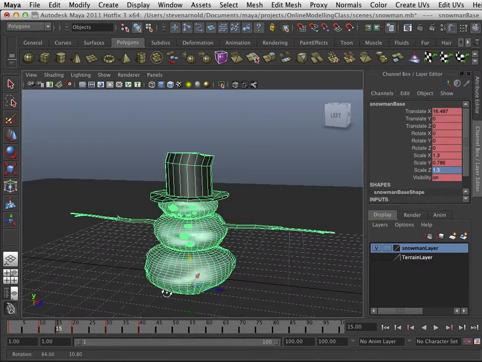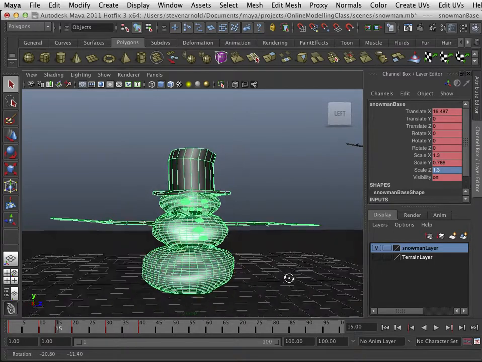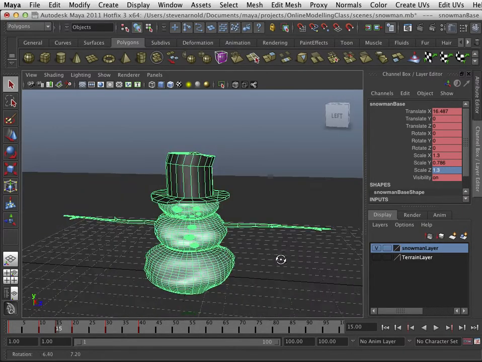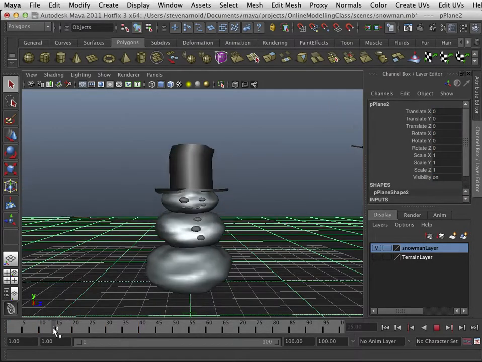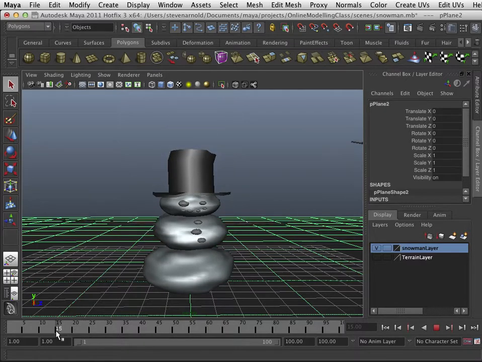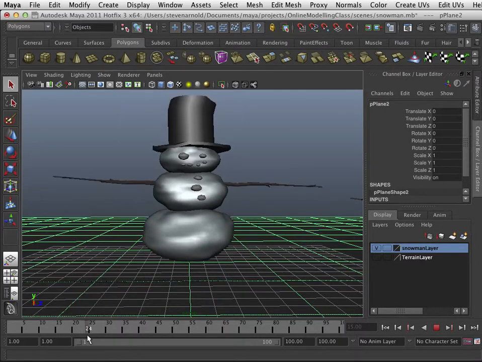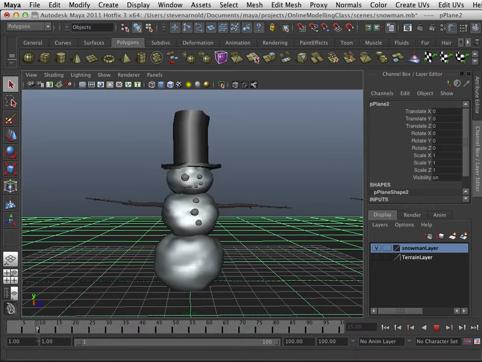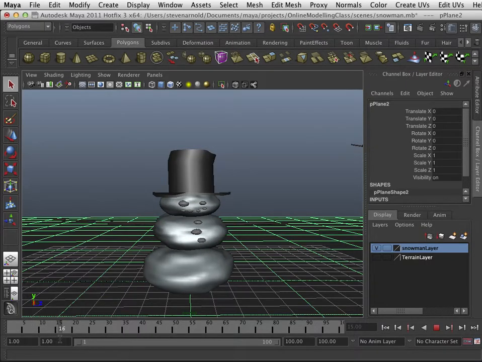So the volume is staying the same, but since it's not as tall, that volume should be increased to the sides. And I'm guesstimating here. There are formulas you could use to make sure it's exactly the same volume. And then as it takes off vertically, that's where the stretch comes in. So it's squishing down, and